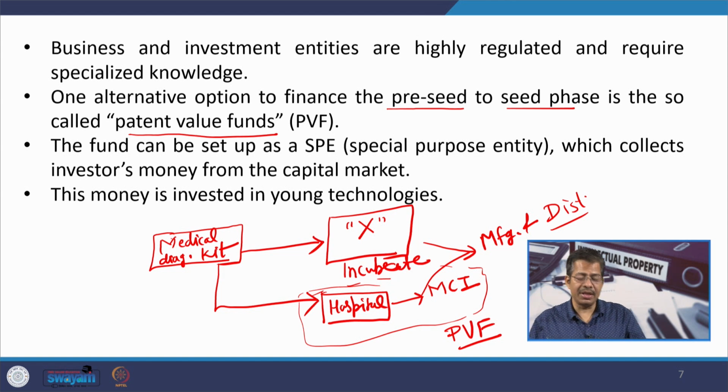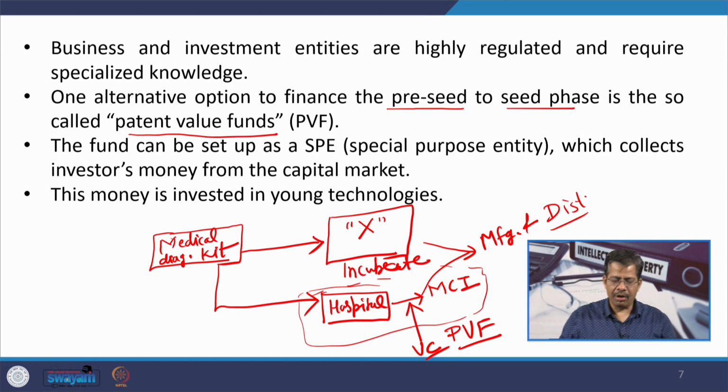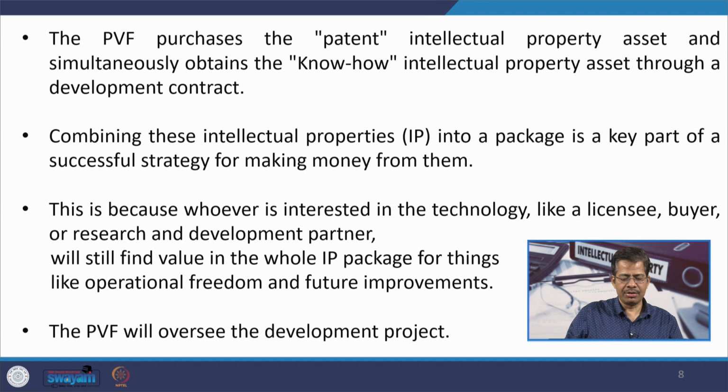Maybe if the technology is developed, then VCs will come, who will try to raise more funds for this particular hospital or company, so that faster commercialization, or commercialization at a mass scale, is possible. So, PVF is a very important issue in the management of our IP incubation activities, because then only you will come to know